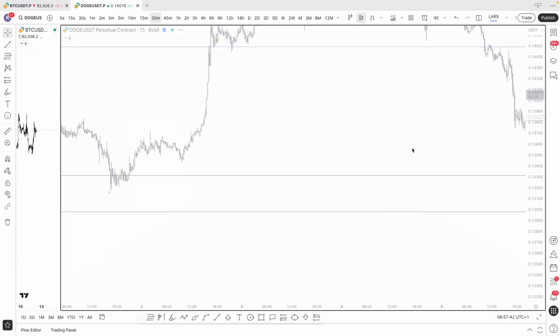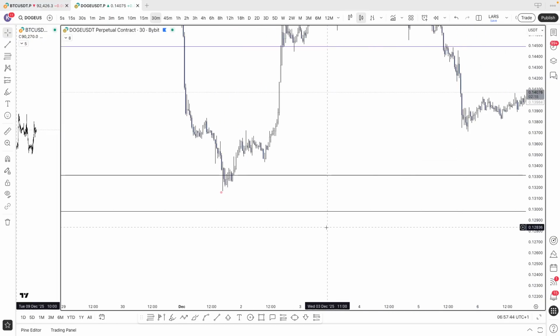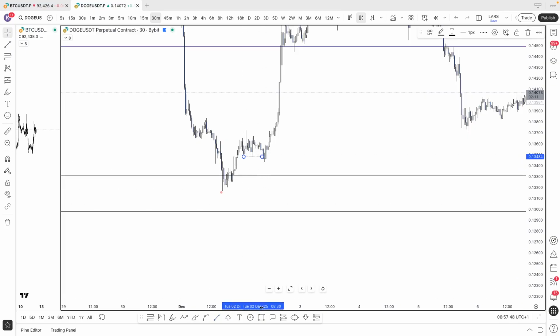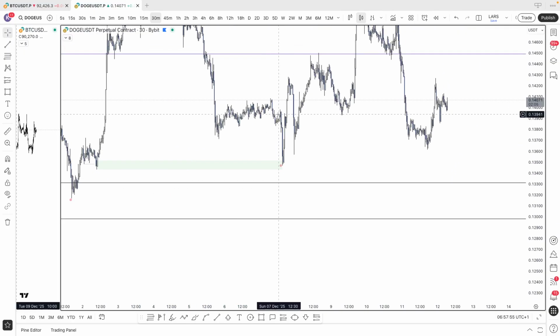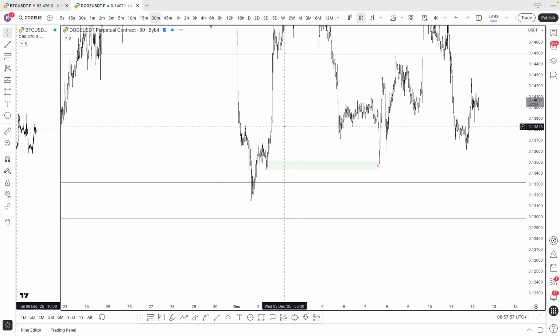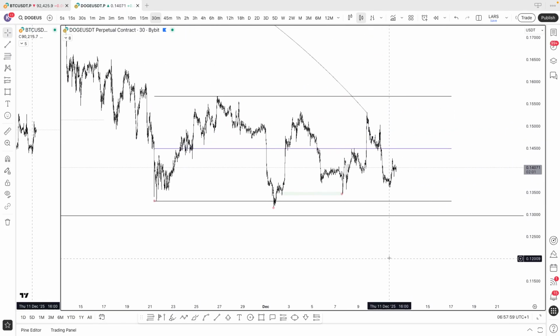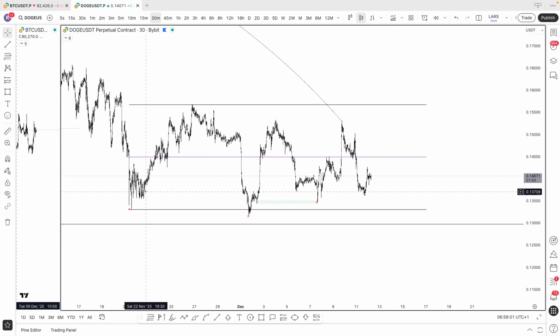Right here, I think it was the 30-minute block. There you go. Here you can see price sweeps that local low, creates your 30-minute OBIF right there, which is acting as your extreme demand. And that's what price also came back for over the weekend. So we can see right here that price has a potential Model 2